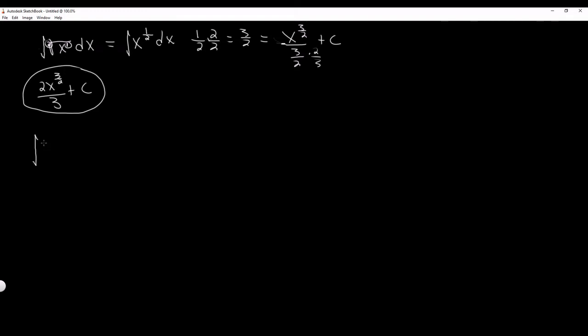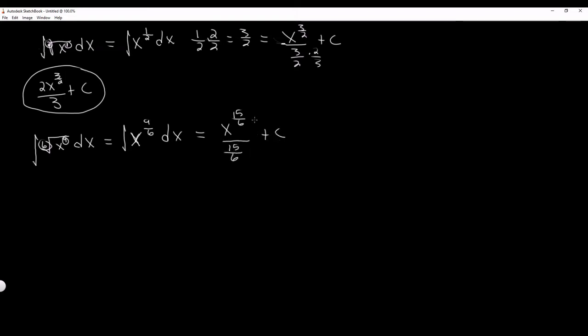Say we have the integral of the 6th root of x to the 9th dx. We're going to go about it the same exact way. We are going to rewrite this as the integral of x to the 9 divided by 6 dx. And from here it's just the same thing. We add 1 to 9/6, which is the same thing as adding 6 over 6. So this is going to be equal to x to the 15 over 6 divided by 15 over 6 plus